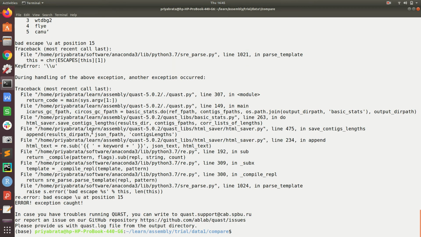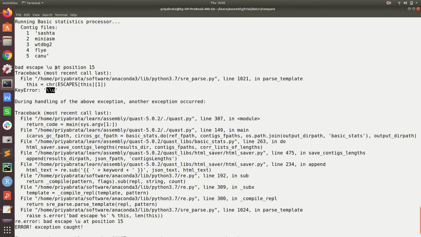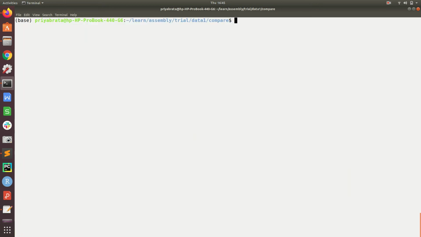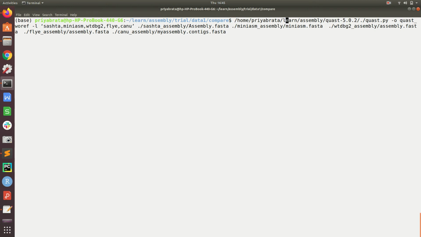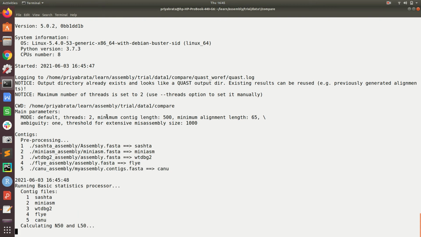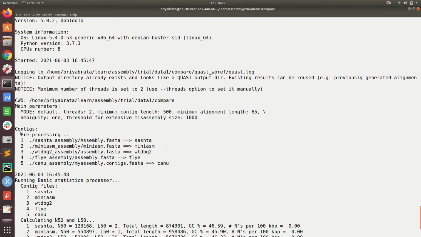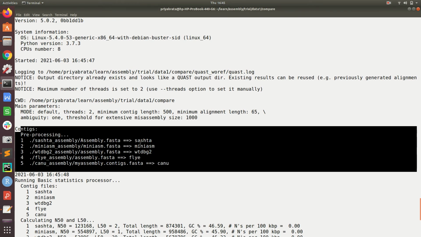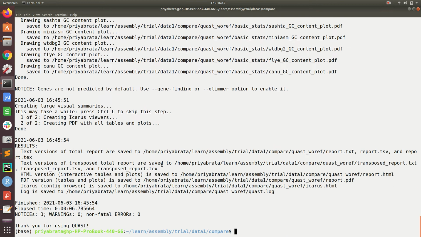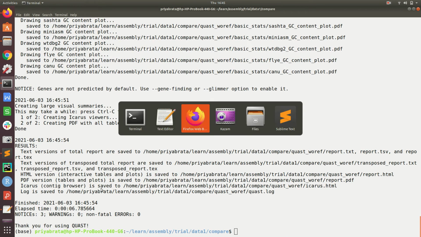It has given us some error. What is that error? Let's see. Some Unicode character has come, because of this name. I just copied from Google Chrome, and this always creates a problem for me. So instead of this, I have to give the label with single quotes. Now you can see that the name is changed to the name I have given, with -l. Now it has finished the run.